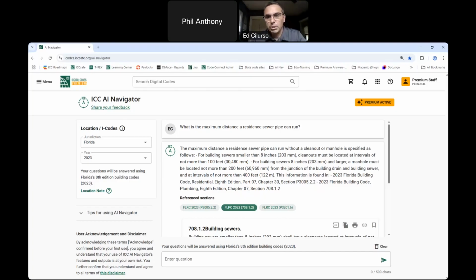It will try to answer almost any question, although AI Navigator is programmed with what's called a confidence level. So unlike, again, more general chatbots that will create an answer really to any question, AI Navigator will not do that. If, in its own confidence rating, its confidence is low, it's going to tell you that. It'll say, hey, I'm not really sure that I can answer the question. It will still try to provide you the most relevant sections. And that is very much by design. So if you use AI Navigator and you get that response, it's not that it's not working. It's that from our perspective, it is working. We don't want it guessing. We do not want it hallucinating. For the ICC, that's really an important thing.